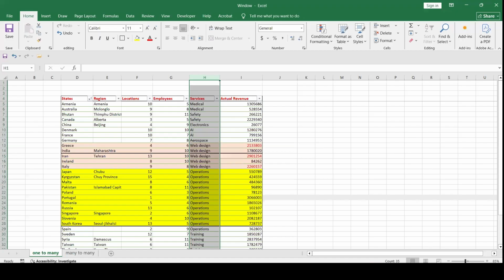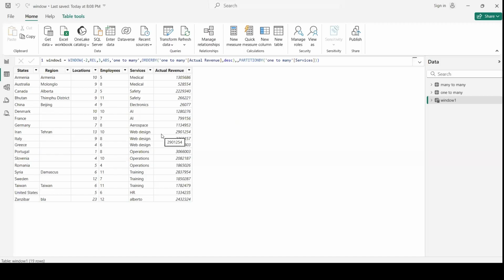For example, in web design, I have 5, right? And here I have a lot in operations. So we took out the highest value from web design, then the second value, and the third value in a descending order. Operations same. So now the data looks as we wanted, like top 3 highest performers, highest revenue values.